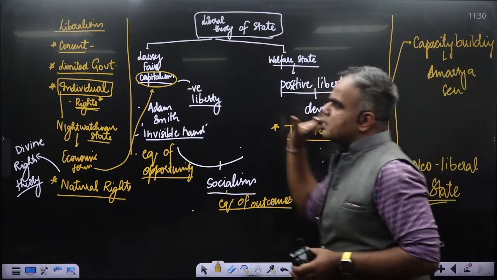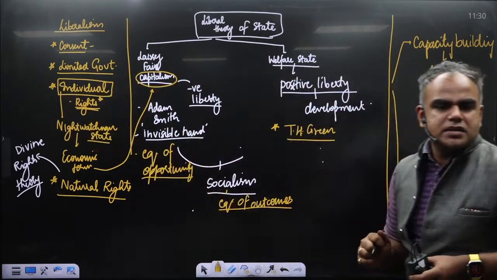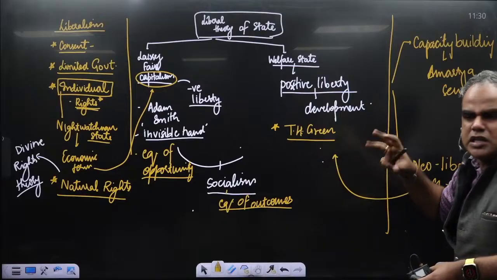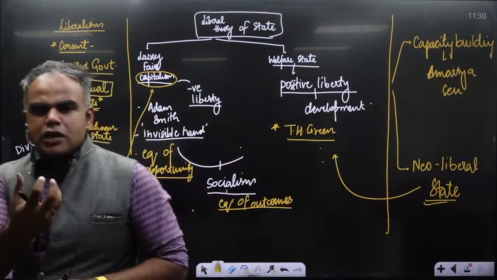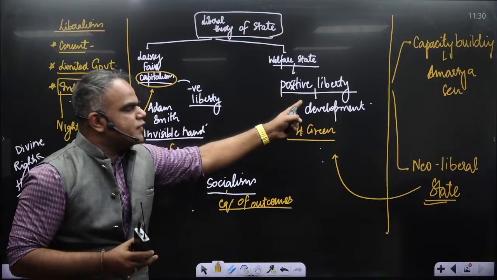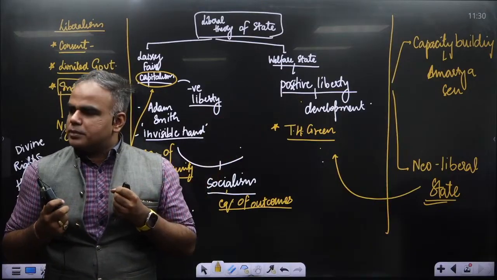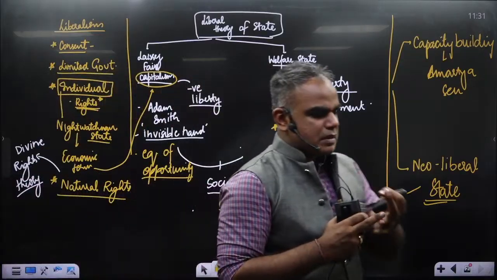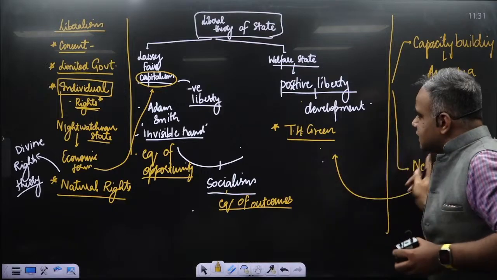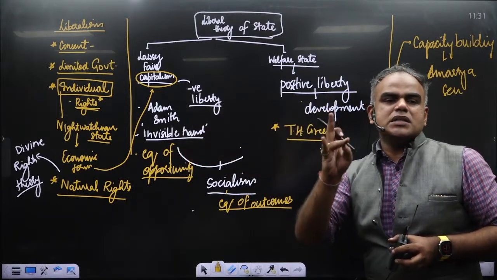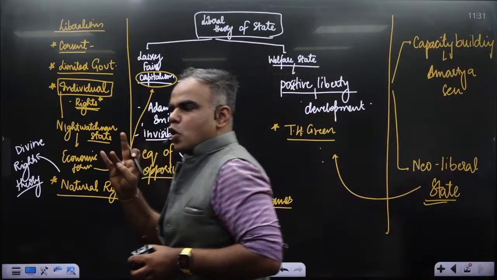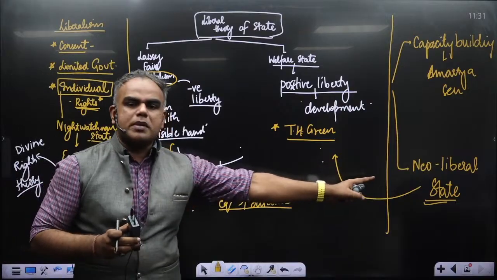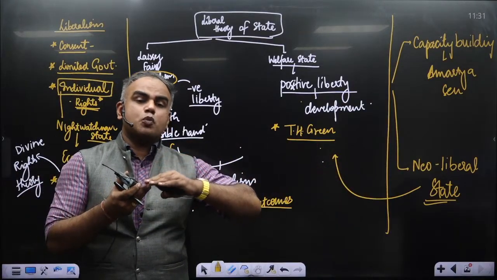Neoliberal theory is very similar to classical liberalism. Neoliberal theory will simply say the welfare state is going to lead to a decline of freedom. The intervention of the state is going to encroach on your freedom. So you have people like Nozick, Hayek, Milton Friedman, who will extensively say the same thing which Adam Smith used to say: the market is fundamental. They will talk about privatization and deregulation. All of these things will be talked about in neoliberal theory, which will again say you have to make the state supreme.